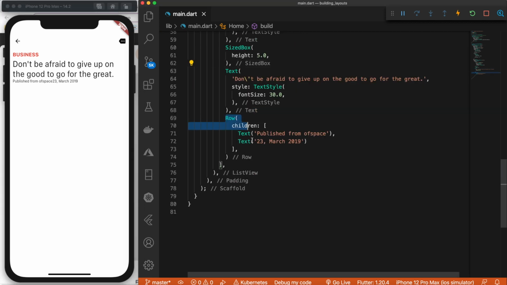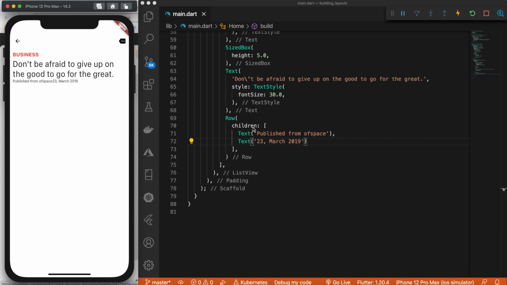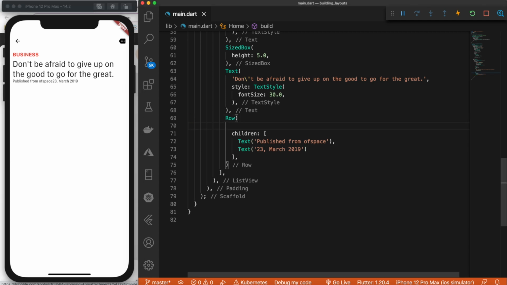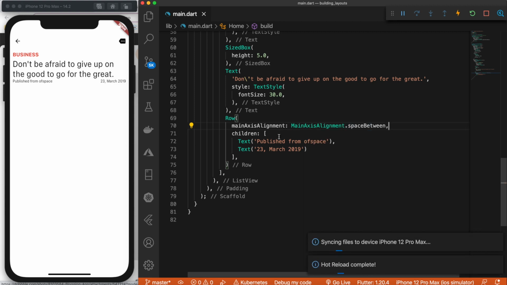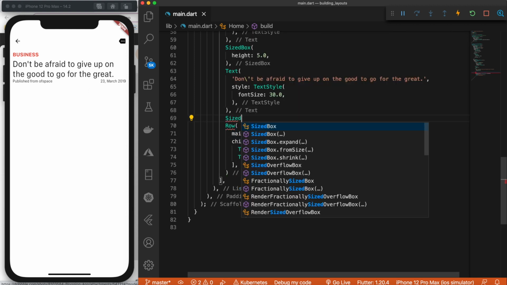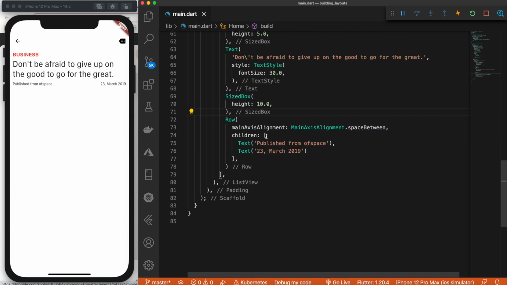All right, next, let's style these text widgets inside of the row. So they are going to be a bit smaller and gray, and we also need to space them apart. So let's space them apart first. That will be the main axis alignment, and we'll make that space between. There we go. Let's put another sized box above this. Let's give this one a height of 10.0, and let's change the style to both of these